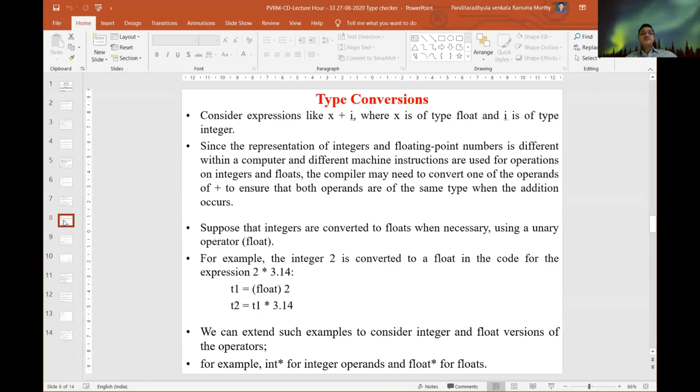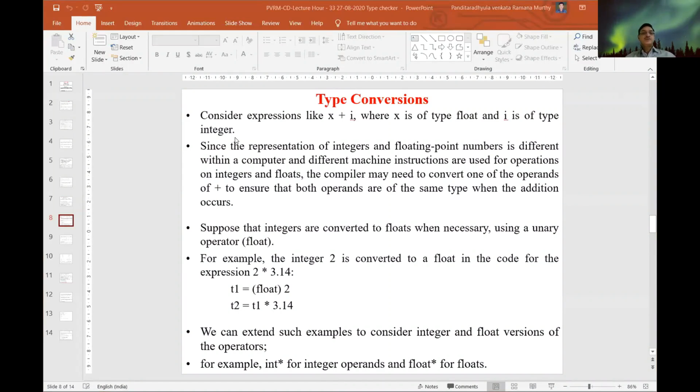Implicit type conversion means the compiler automatically converts a lower order data type into a higher order data type. Explicit type conversion means that in the program itself we convert a given data type into a data type which is compatible with the result computations.